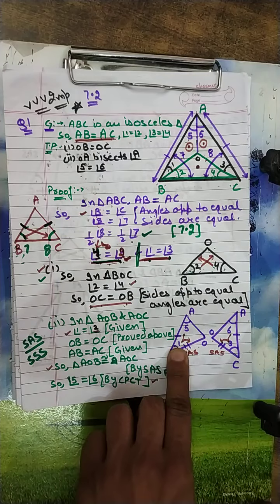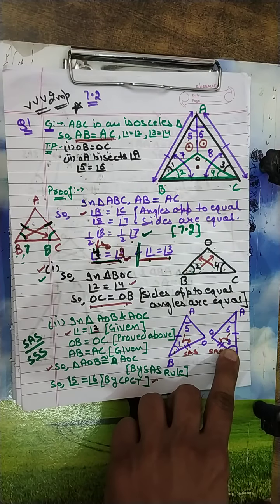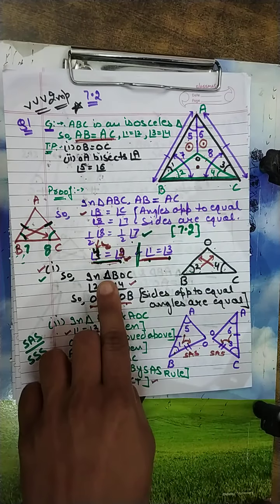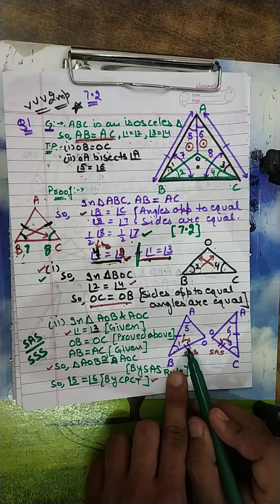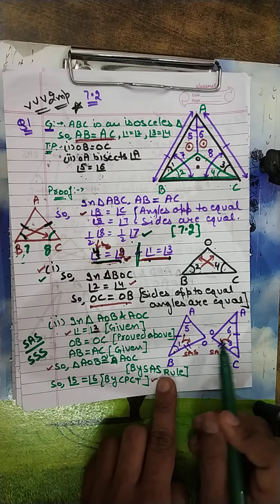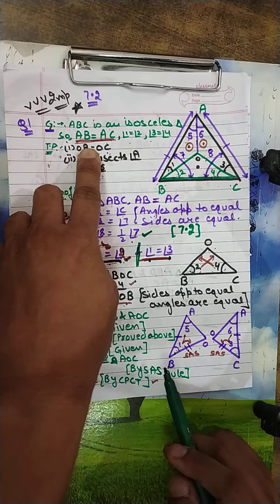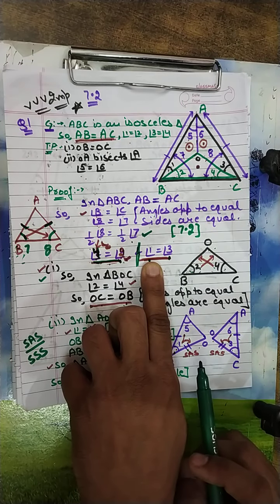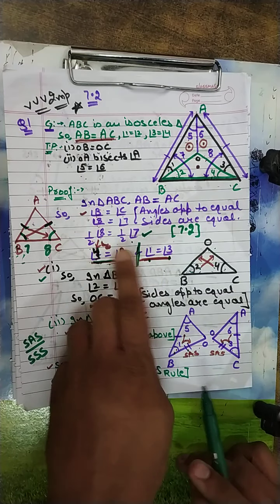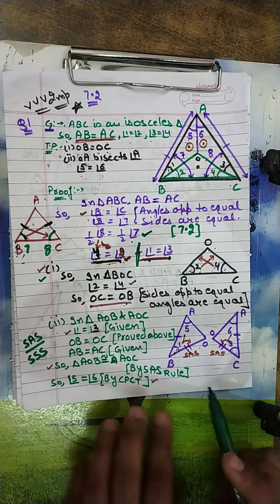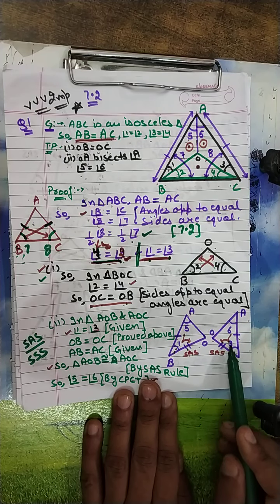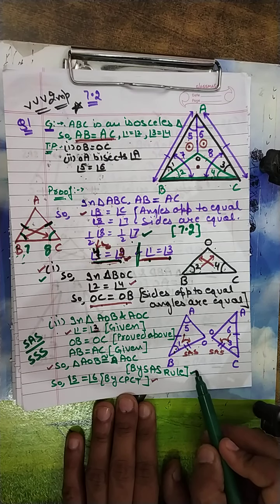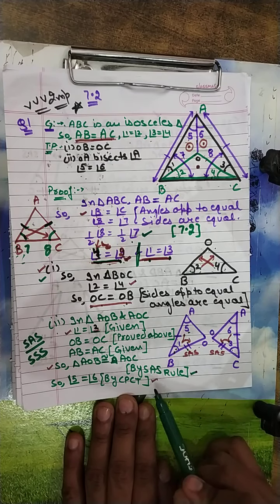In this triangle I have constructed here, and this triangle I have constructed here, there is a single common line. OB equals OC, which we proved in the first part. AB equals AC, given in the question. Angle 1 equals angle 3, which we proved here, half of angle 8 and half of angle 7. So by side angle side, both triangles are congruent. If both triangles are congruent, then angles 5 and 6 are equal by CPCT.